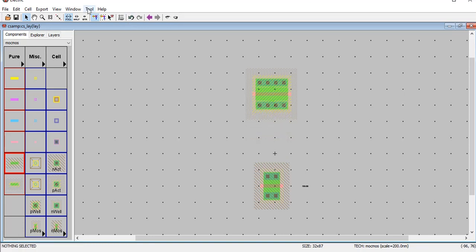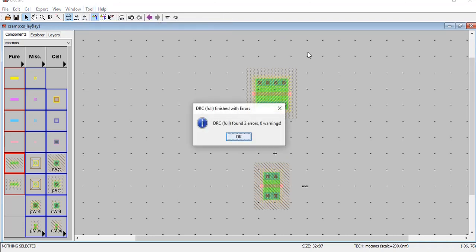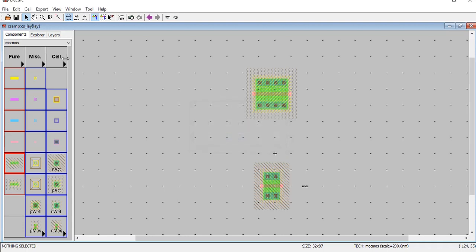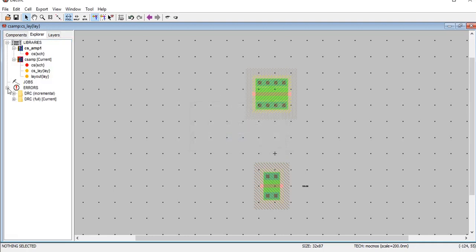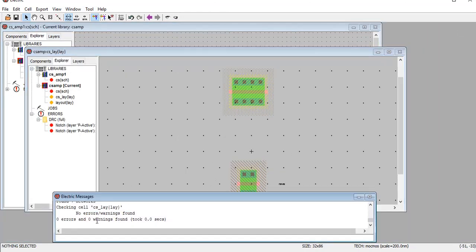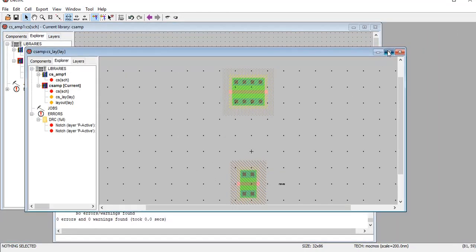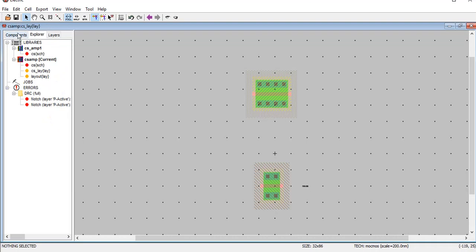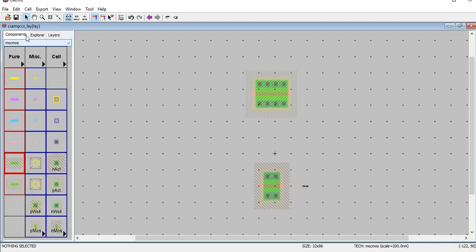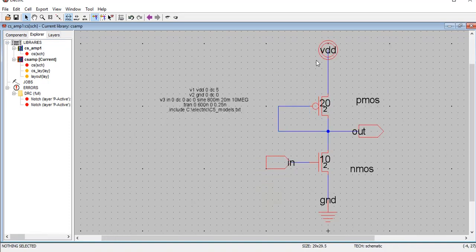Yes, now just for my understanding, to see whether everything is right, I'll run the DRC, and now there are 2 errors, and preferably these errors would be because of distance issues, one over here and one over there. Try to place them a little closer and run it once again. Yes, possibly now there are no errors, as you can see over here. Fine. Now this PMOS and NMOS are the structure resembling exactly that of your structure, as you can see over here.